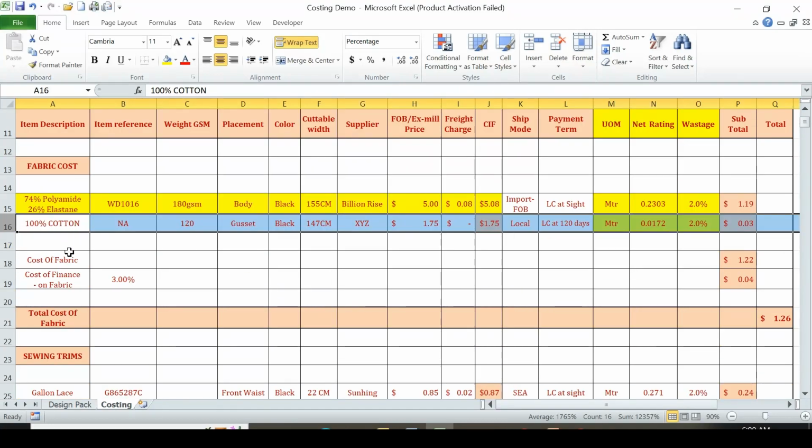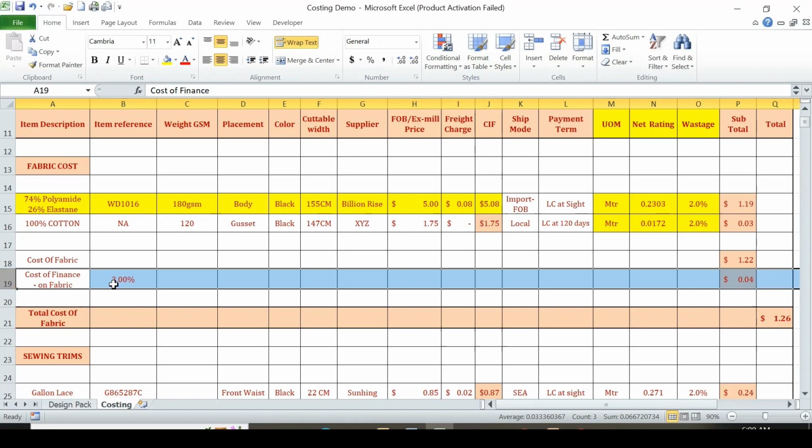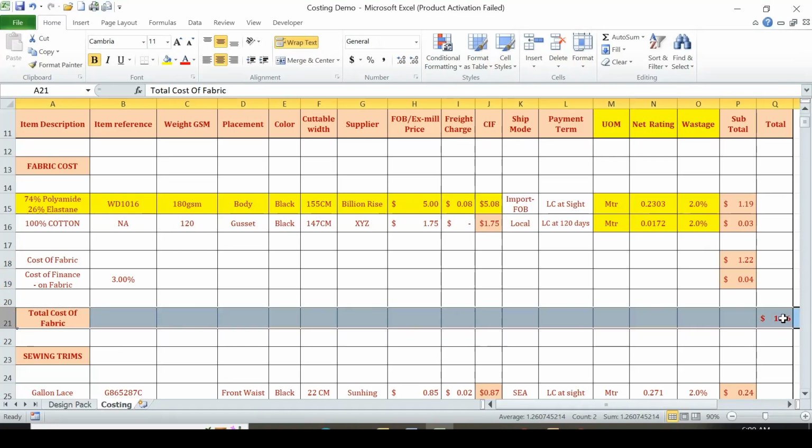Okay, now I found the total fabric price. Now I need to add the cost of finance. That is 3%. I have considered normally it is 3%, but please check with your commercial department what the cost will be. Okay. So then I have added these two, and I found the total fabric cost